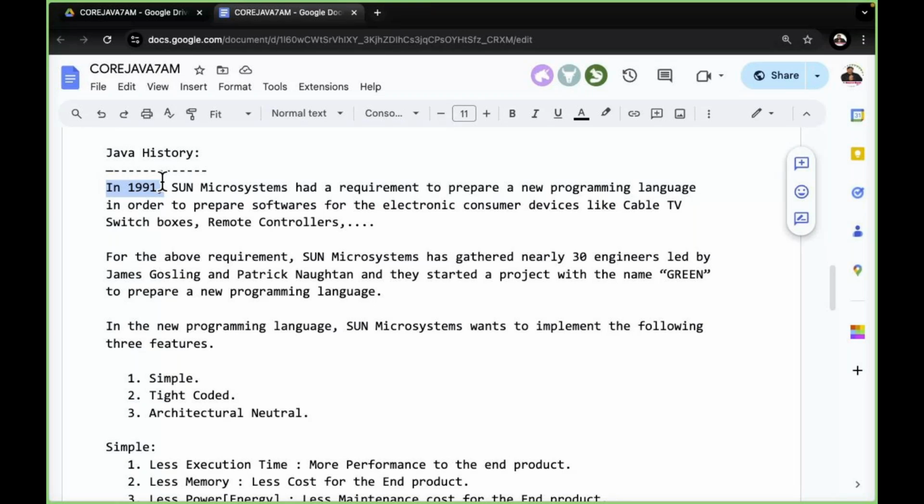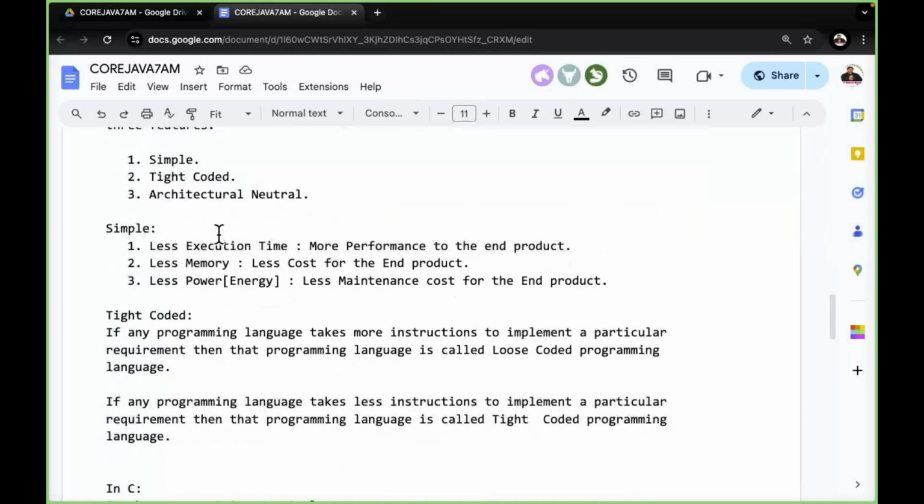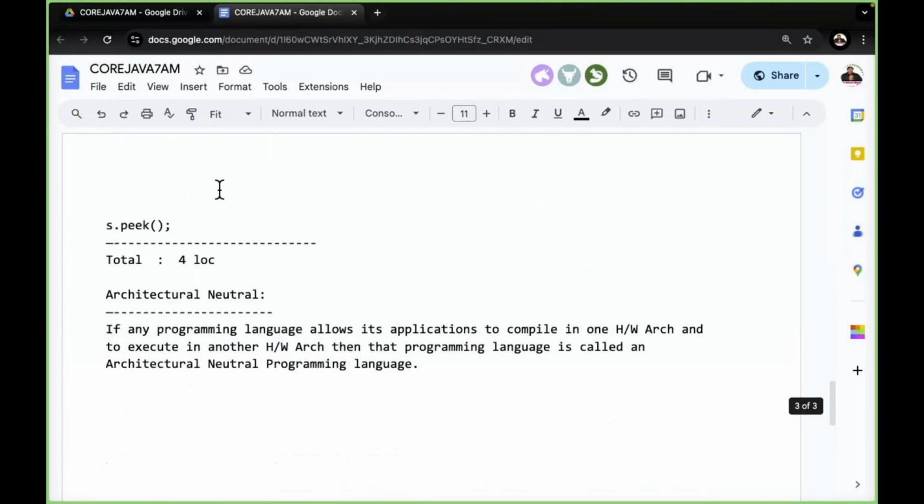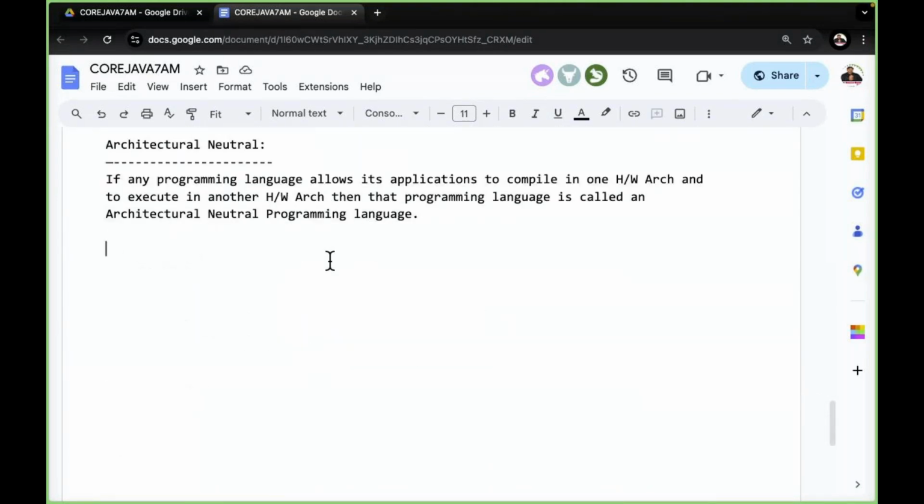Yes, all of you are understanding my point now. Still, we are at 1991. Sun Microsystems is thinking what they want to implement in their new programming language. They found overall three features: simple, tight coded, and architectural neutral. All right. Now, by analyzing all this, Sun Microsystems